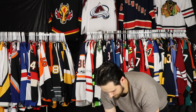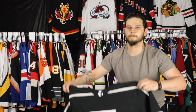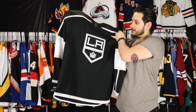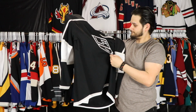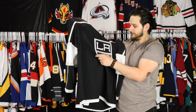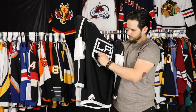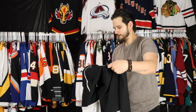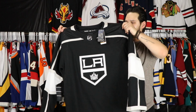Okay. Ooh, that's nice. Their home jersey. Technically their new home jersey. And it's pretty much such a small little change that, oh my goodness, there's a little fuzzy on here. It's gonna drive me nuts. There we go. So yeah, this is their new home jersey, and you might be thinking and looking at it,